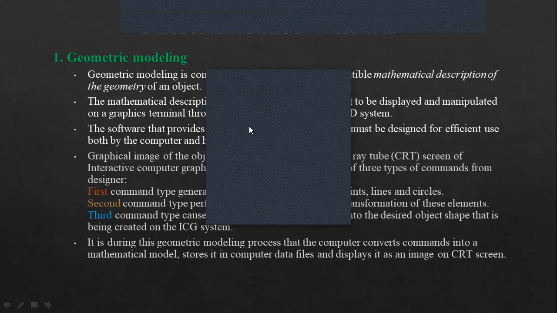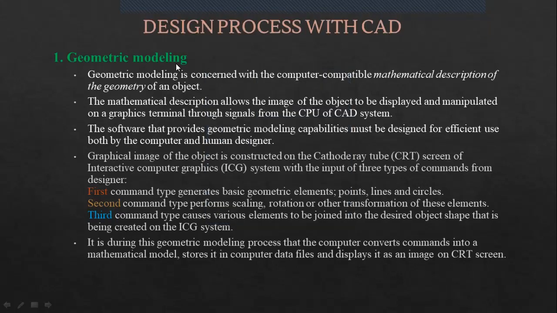Okay, as for geometric modeling, we had seen that it is concerned with the computer-compatible mathematical description of the geometry, right? What the software is basically doing is trying to mathematically define the geometry that we have, or the geometry that we want to construct. It is stored using those mathematical descriptions. We had all seen those theorems in mathematics, interpolation functions and all, so the storage of that model is in the form of a mathematical description.